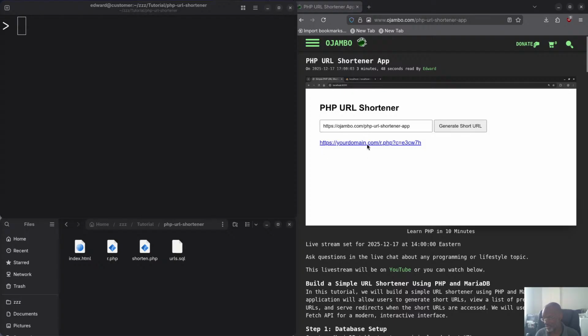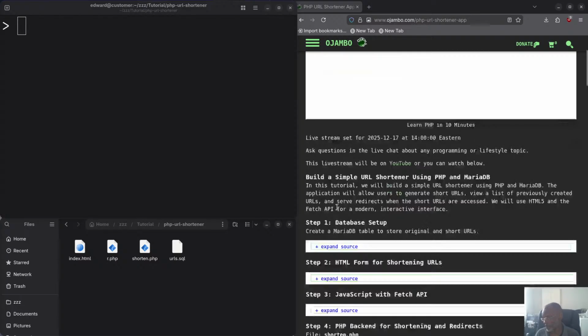Make sure the URL is also shorter. For example, if it's ojambo.com, that's already pretty short. If I go with yourdomain.com, that's actually longer than ojambo.com, so I might as well just use ojambo.com. That's basically the gist of it. If I added pretty URLs, I could probably get rid of this and just redirect into r.php. There are lots of things you can do that way. All right, so